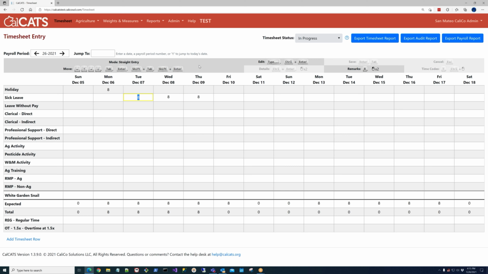Okay, so that's really it as far as straight entry goes. You'll see there's no other buttons that are lit up here in the help area except remarks. So we do have the ability for you to add remarks on every time entry, and on a straight entry row like leave, you can either hit the R key,